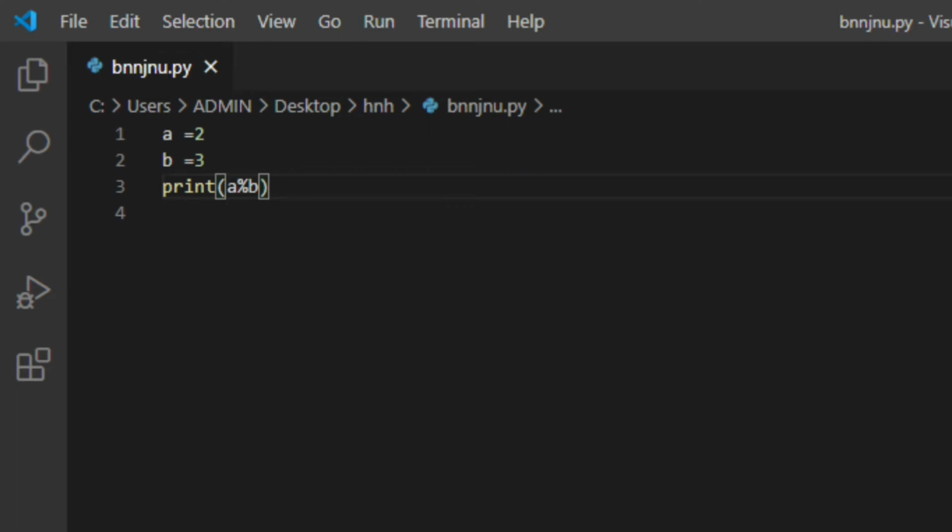Now what are data types? Basically there are three types of data types. There are string, float, and integer data types. These are the three basic data types, and there are boolean and other types of data type also, but we are going to discuss those later on. For the time being, you just have to keep in mind that there are three major types of data type, which are the string, float, and the integer data type. These are the three most important data types used in Python, and you should know about them.